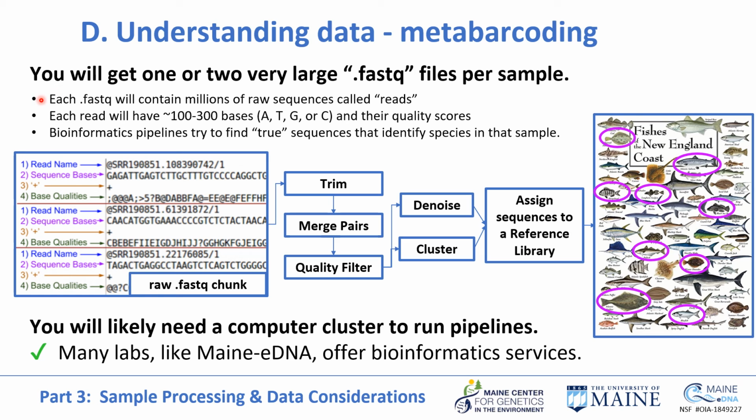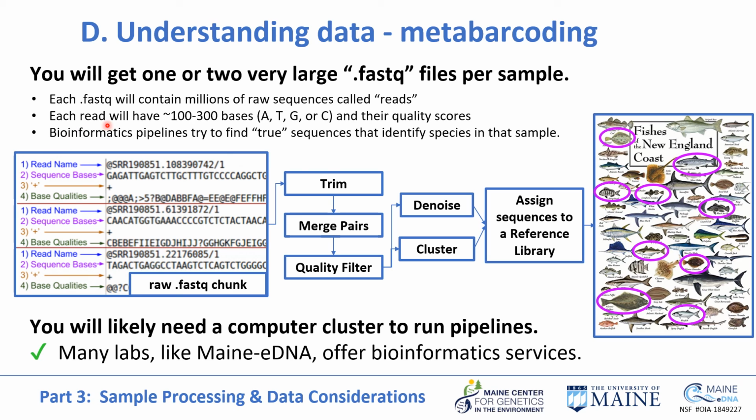Now, each of these reads is going to have the name of that particular read, then the sequence of bases that the machine detected, so about 100 to 300 bases of A, T, Gs, or Cs. In addition to the bases, you're going to get the base qualities. So basically, how sure the machine was that each base is what it is. So how sure was it that this G was actually a G? How sure was it that this A was actually an A? And usually it's not very sure at the beginning of the read,